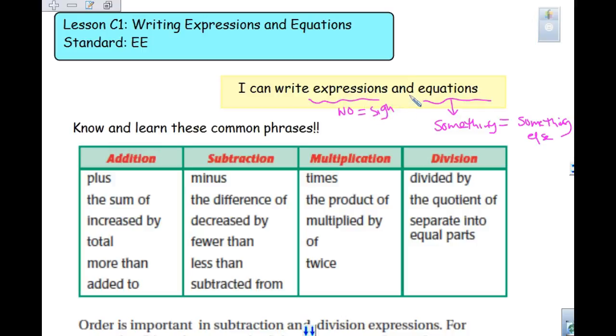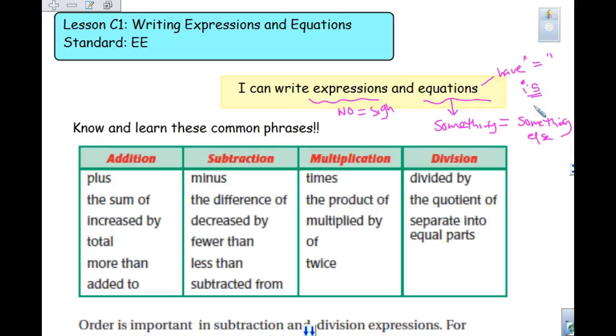I kind of agree with that. Yeah. So, an expression does not necessarily have to just have numbers. It can have numbers and variables, okay? So, here are some key phrases because you need to make sure you're understanding. This is what we're going to be working on today. We're going to be writing expressions, which will have no equal sign. And then we're going to write equations, and the key thing for equations is that they have an equal. And usually the word associated with equal in the English language is